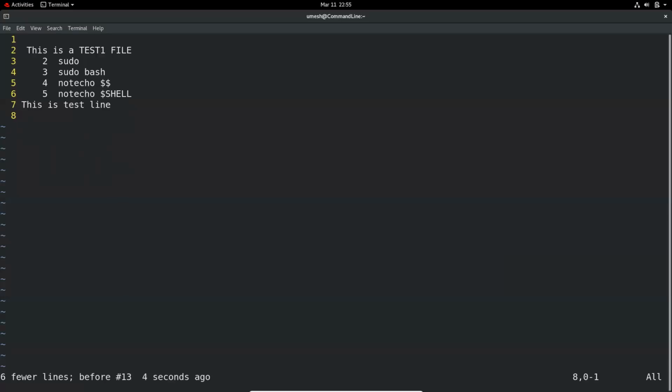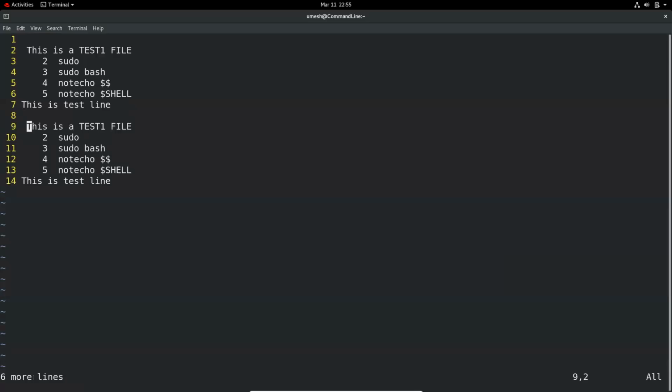And undo with U. And if you hit the period in command mode, then it will just repeat the last command. So it just pasted because that was our last command.